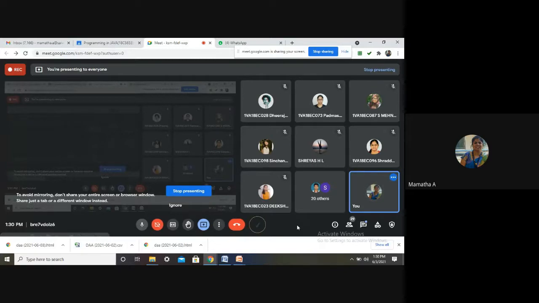Can I have nested switch statements in Java? Yes, ma'am. What do you understand by fall through? The cases will be executed until it finds a break statement or it goes out of the switch statement. So fall through is achieved when you omit the break statement in the cases. If you omit it, it will move on to the next cases till it finds the break statement.